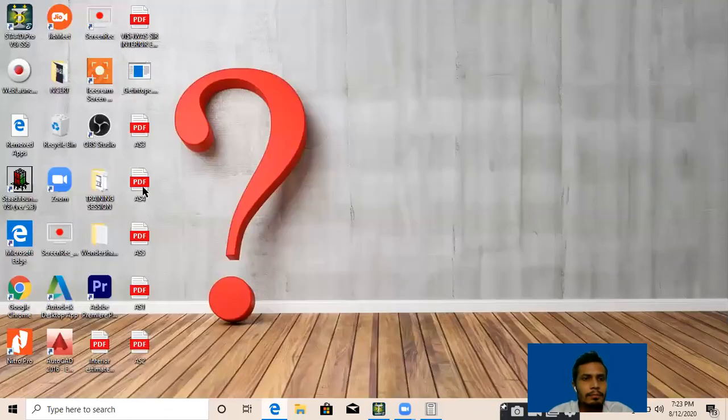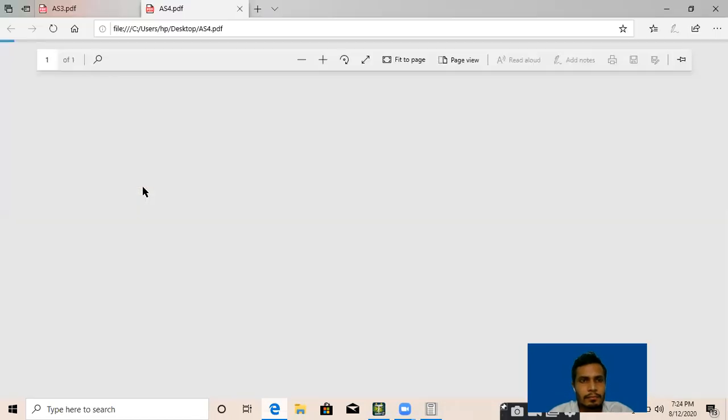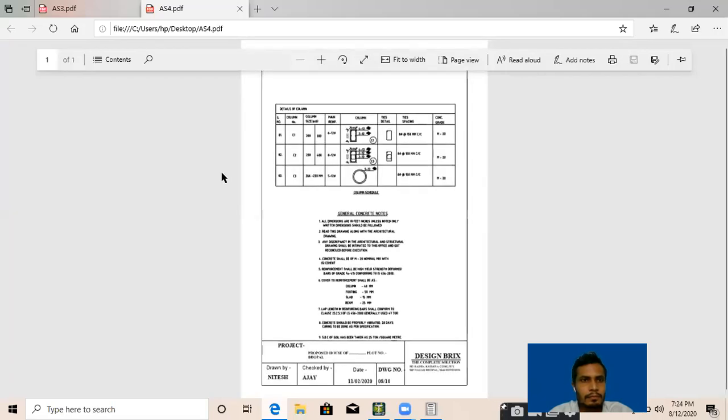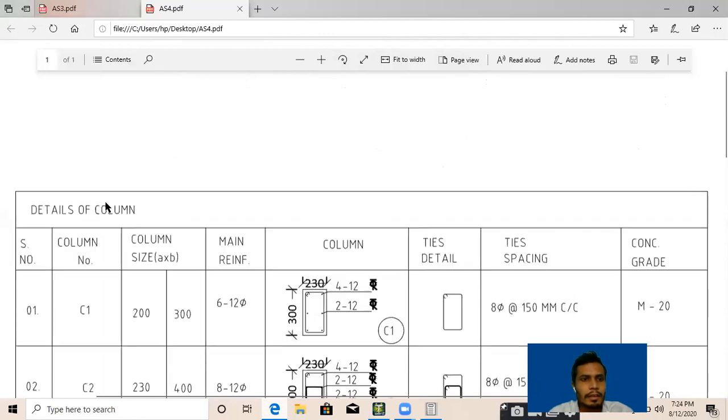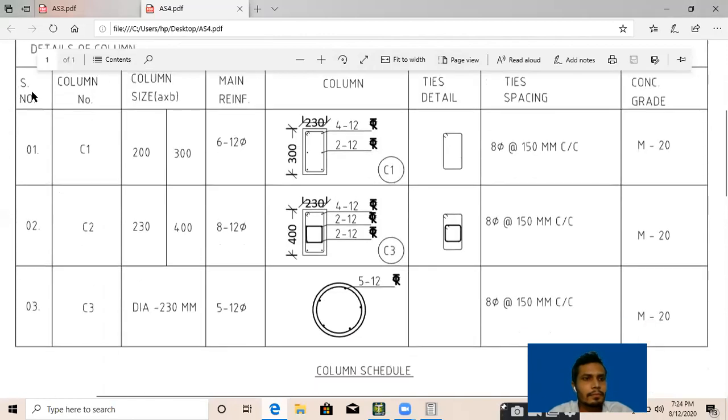What about the column? Look at this detail of the column, serial numbers 1, 2, 3, and column numbers we need to provide: C1, C2, C3.